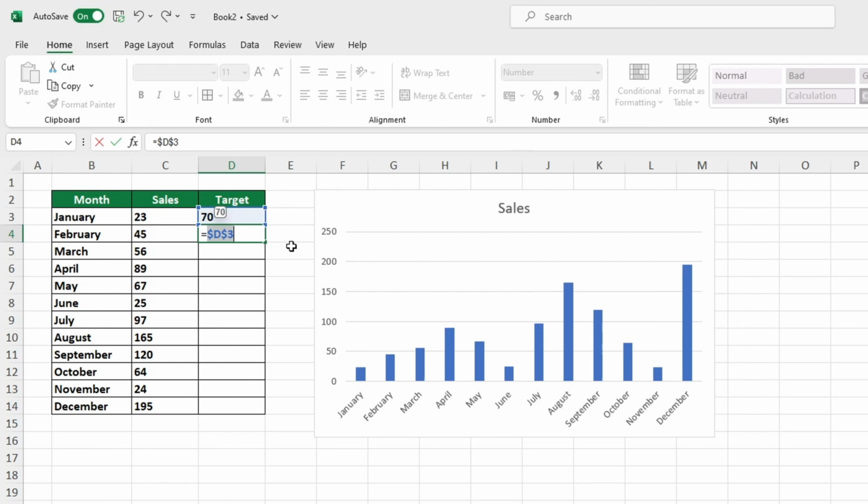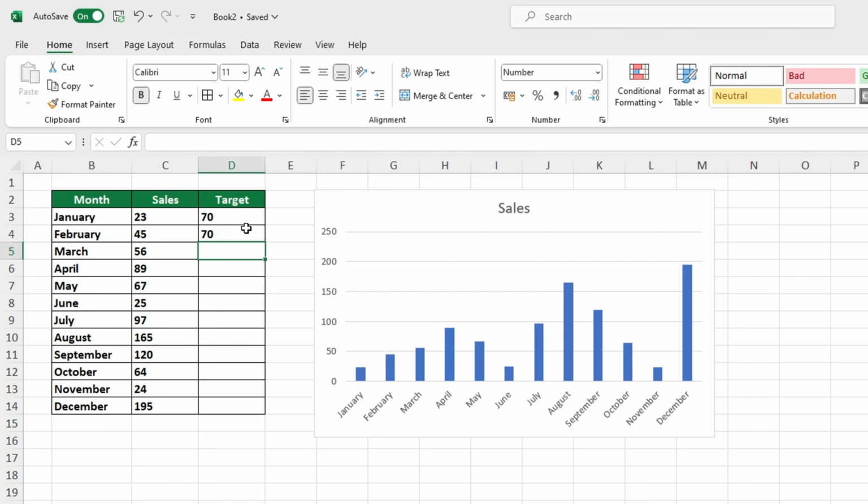This means that we can easily copy it to the rest of the rows in the column by dragging the bottom right corner of the cell. The value in each row will now be the same as the one entered in cell D3. If we enter the value 60 in cell D3 and press Enter, the entire column will be updated to reflect the new value. The issue is resolved, so let's move on to the next task of adding a horizontal target